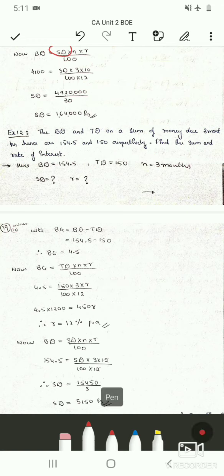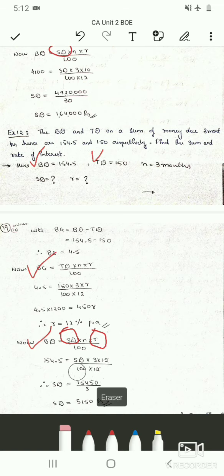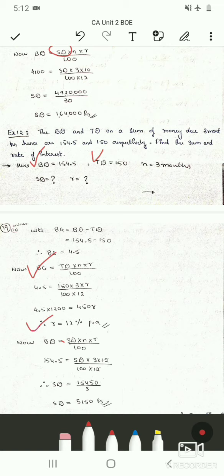So remember, whatever the question might be from this chapter, you have to remember the formulas and you have to know the relation between the terms so that you will get an idea of which formula to apply to get the unknown quantity. Now they have given banker's discount and true discount. So the only formula that we can relate is the banker's gain. We cannot use the formula of banker's discount because we don't know the sum due to find out r. So first find out r by using banker's gain. So r will be 12% per annum.